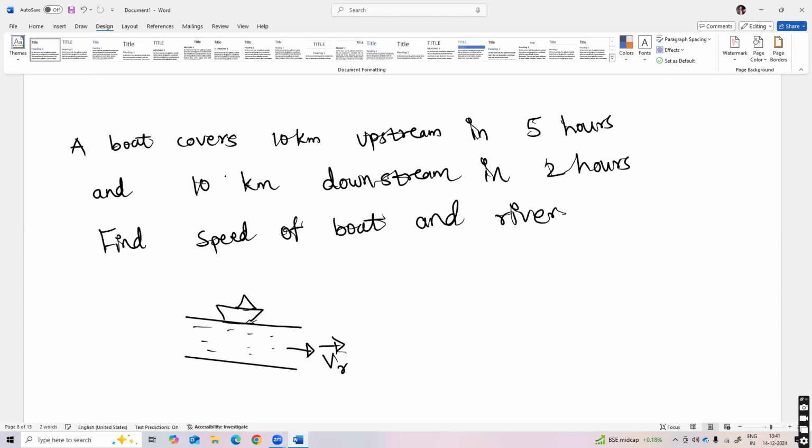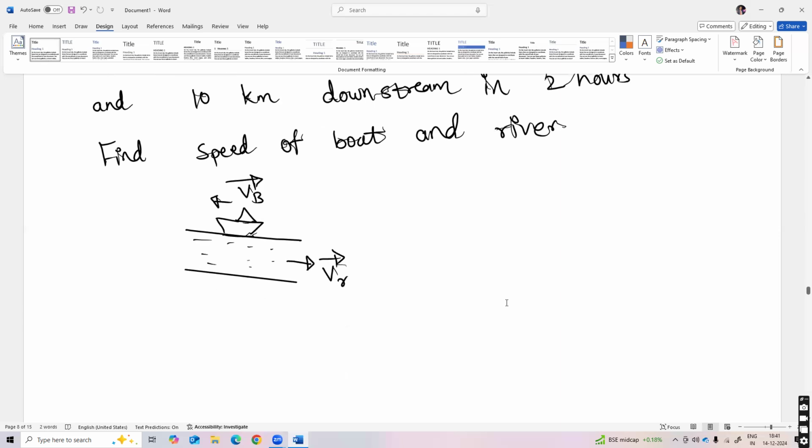The boat is moving upstream, so VB is the velocity of the boat. Now you know that when both are moving in opposite direction,